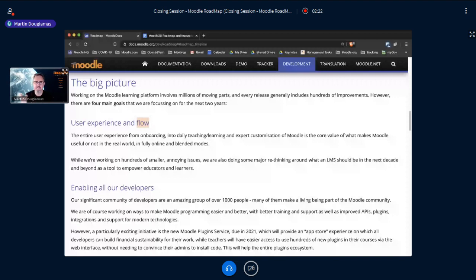The path you take through pages, clicking buttons, can matter a lot to an individual if it's something they're doing a lot. So we want to work on a lot of small issues that we know about, as well as looking at the whole system and how things should work. How should you be teaching online?